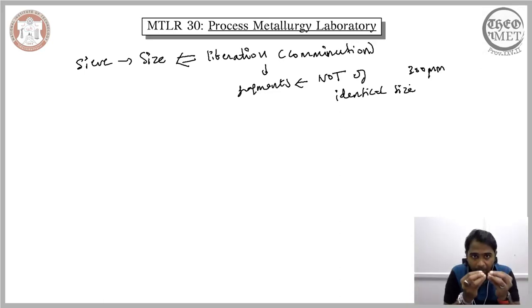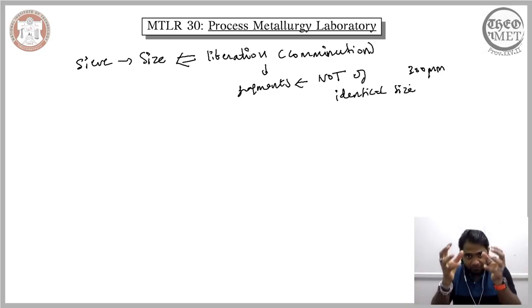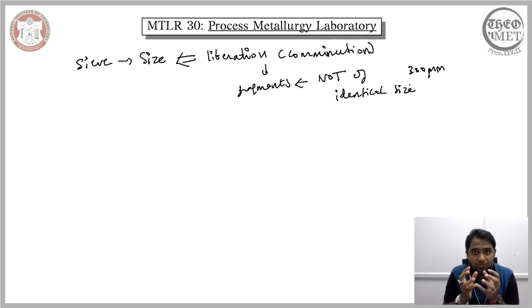By analyzing the sizes of these different particles, we will on one hand be able to say that the liberation has done its job. So we have one category of particles that are larger than the other category of particles, and this second category of particles is being subjected to a second degree of liberation. So the liberation, or rather the comminution, the fragmentation, has done its job. So that is one thing that we can understand from the sieve analysis.